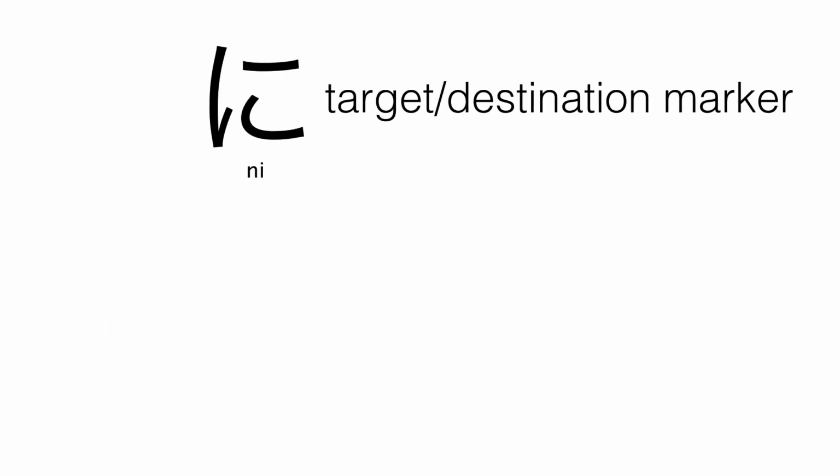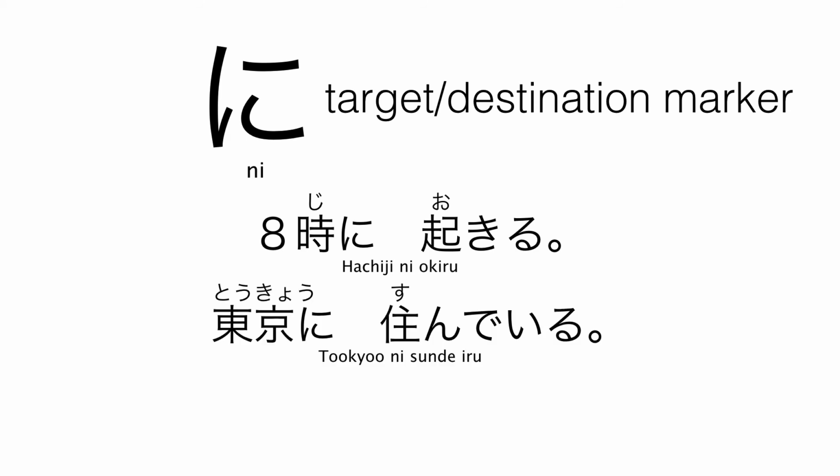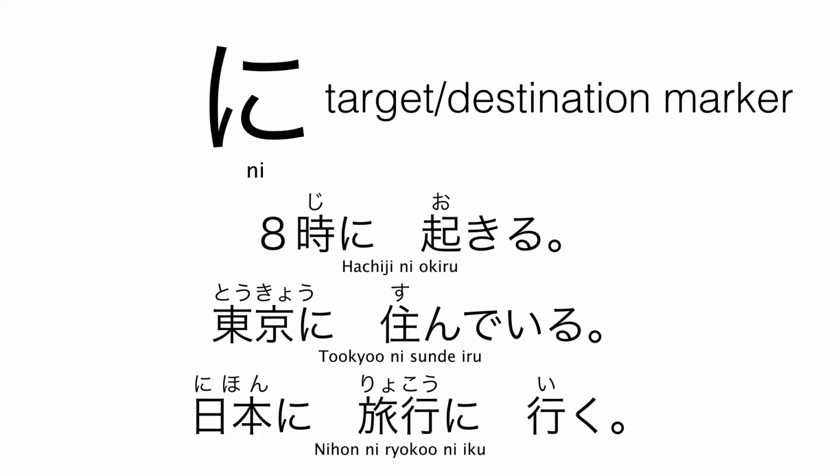So the に (ni) particle is the destination marker. Unlike the へ particle, the に particle has a wide range of functions, but the basic concept is it marks both the direction and the final destination, or more figuratively, the goal or purpose as a result of the movement towards a certain direction. So it can mark the time, place, and purpose among others. So here are a few examples. 8時に起きる。東京に住んでいる。日本に旅行に行く。